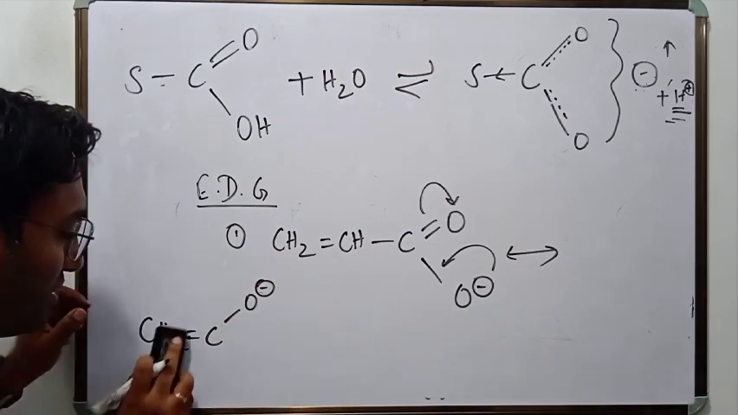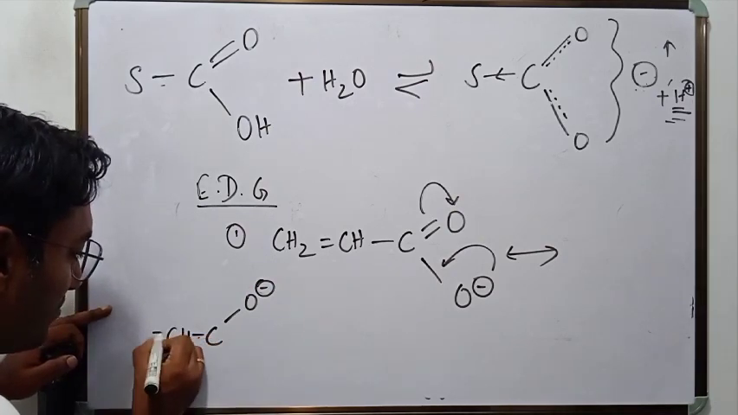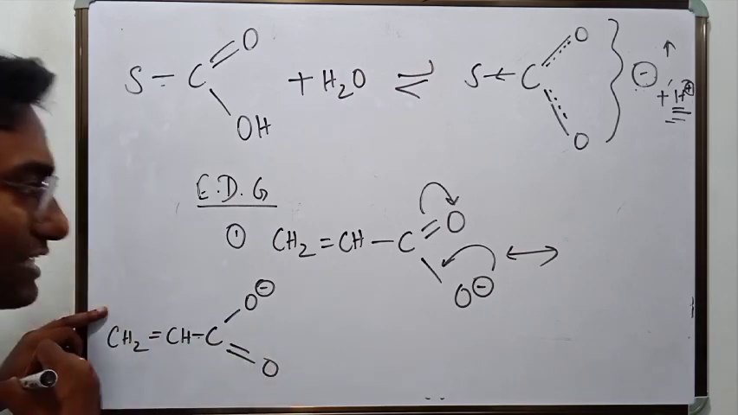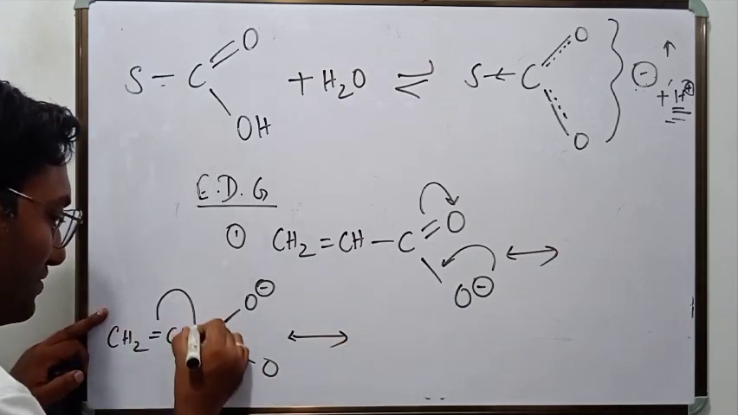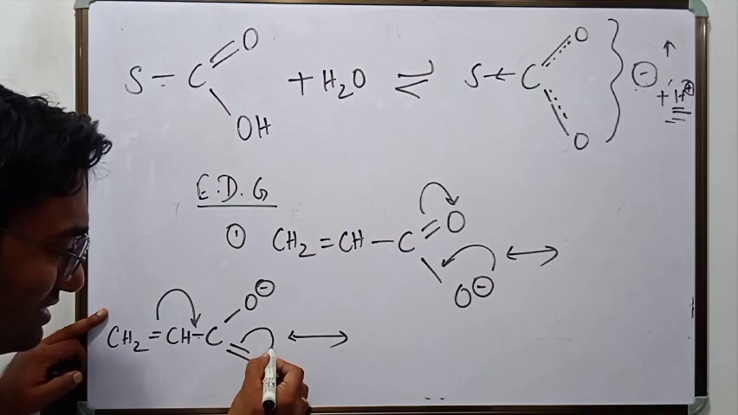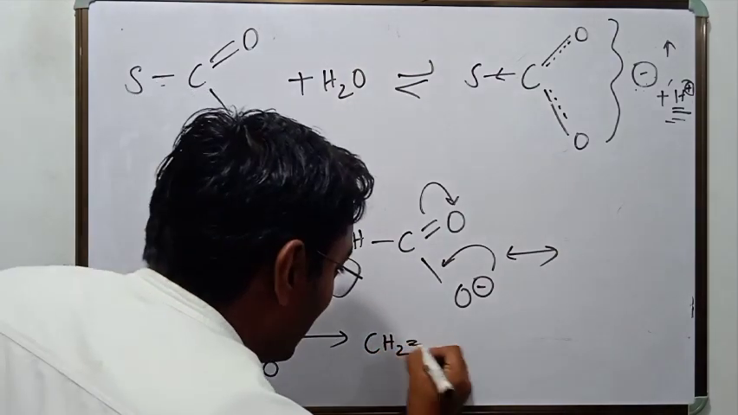Here, this is CH double bond CH2. Fine. This is the second structure. Now there is a third structure also. Am I right? When it comes here, this would jump here. This is the third structure. If vinyl is there,